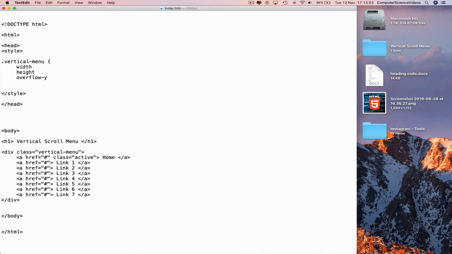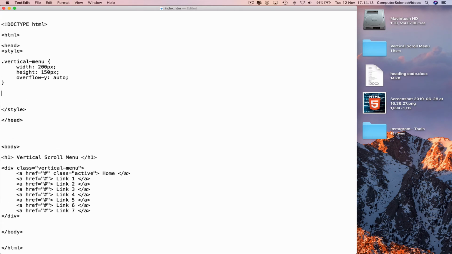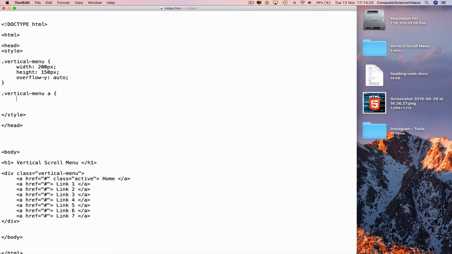Go back to the top. After width we need a colon, highlight, copy, paste at the end of each word. Go back to the width, 200 pixels, semicolon, height can be 150 pixels, semicolon, overflow y, auto, semicolon, new line, curly brace, go to a new line again, highlight vertical menu from the previous line of code, a curly brace, new line,